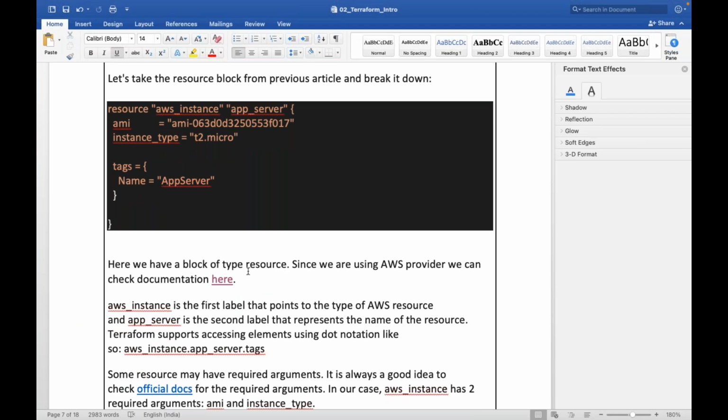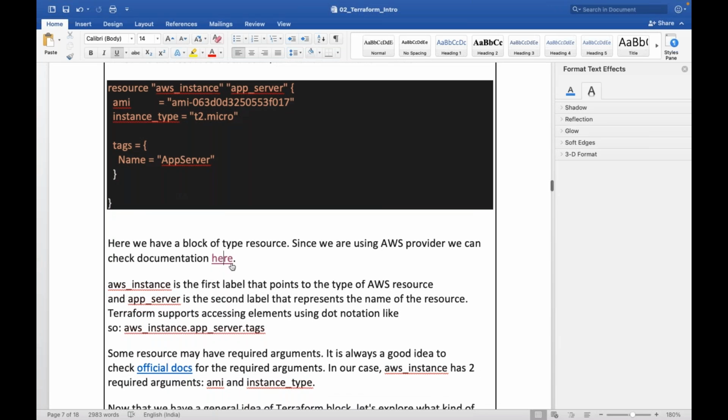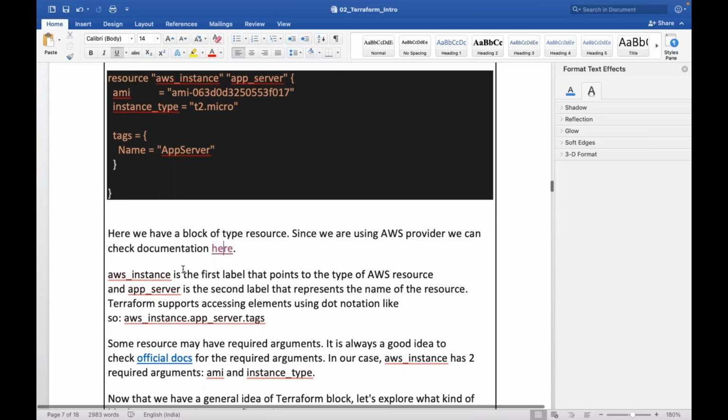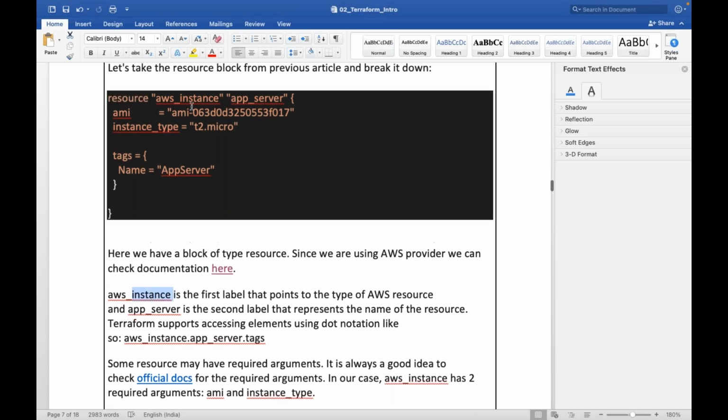And since we are using the AWS provider, if you want to see more details you can see that link, but let me explain here. In this resource block, the first one, aws_instance, is the first label that points to the type of AWS resource.